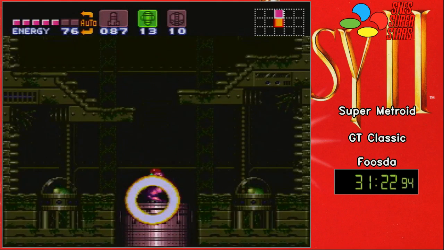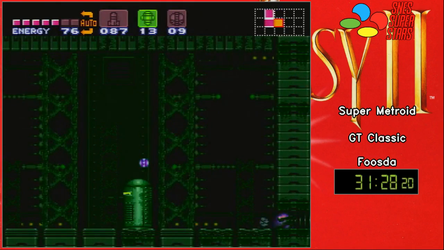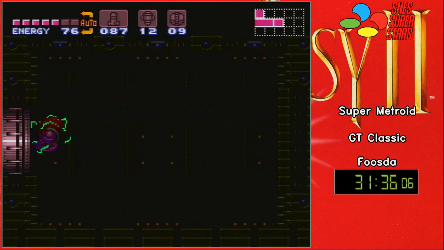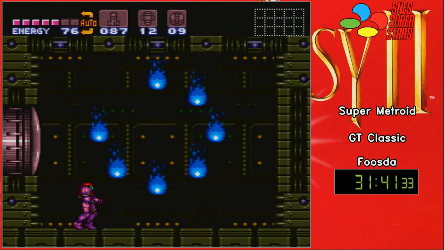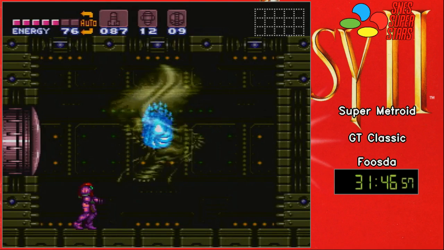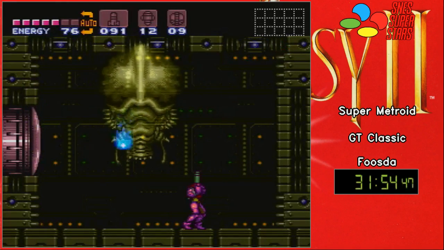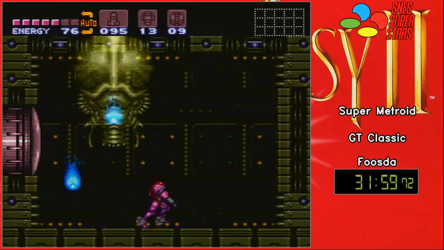Ooh. Hello. So, Phantoon, everyone's favorite boss in Super Metroid. His patterns are fast, medium, or slow. I'm gonna get it slow here, which loses me about 12 seconds from...